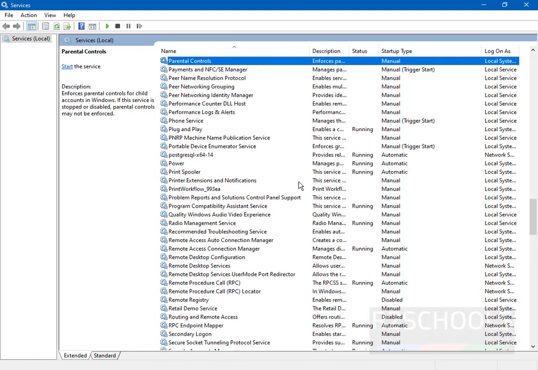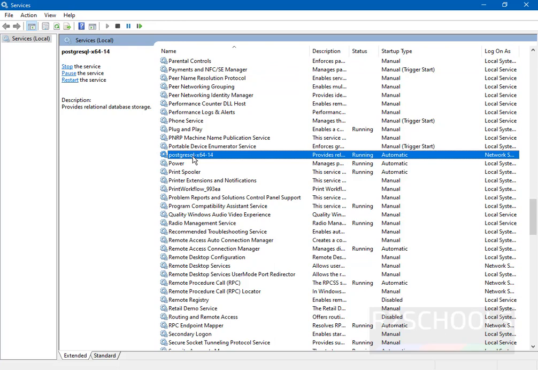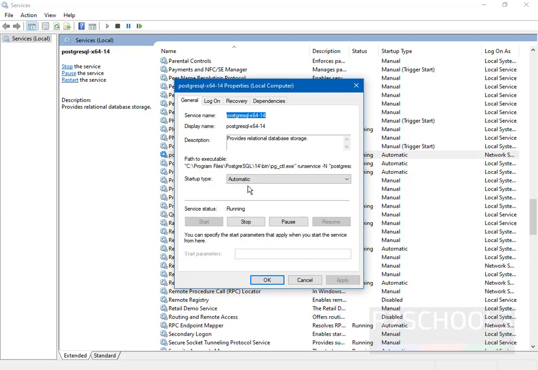See here, PostgreSQL 14 is installed and its status is running and startup type is automatic.